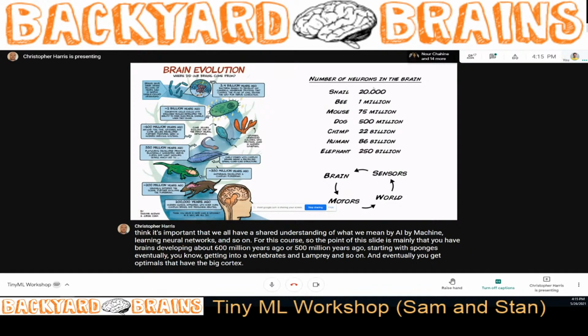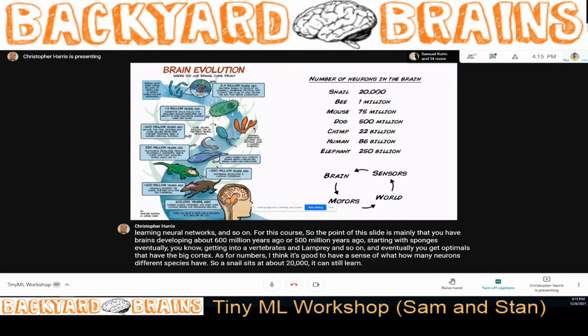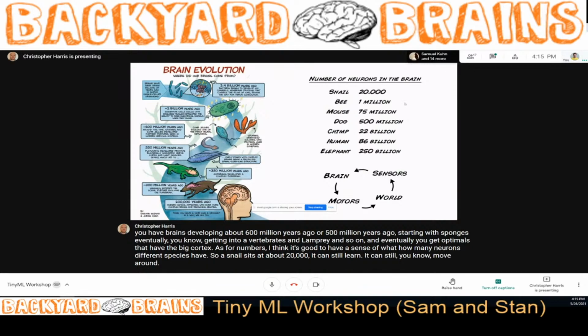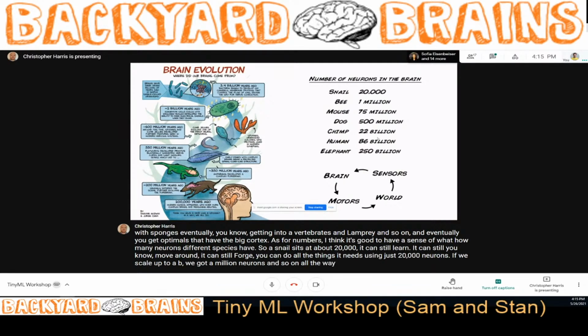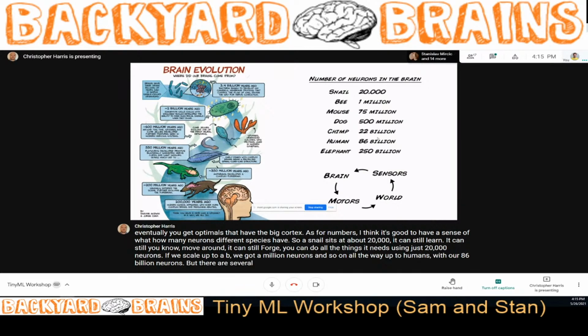As for numbers, I think it's good to have a sense of how many neurons different species have. So a snail sits at about 20,000. It can still learn. It can still move around. It can still forage. It can do all the things it needs using just 20,000 neurons. If we scale up to a bee, we've got 1 million neurons and so on, all the way up to humans with our 86 billion neurons. But there are several species that have bigger brains: whales, dolphins, gorillas even have bigger brains than we do, and